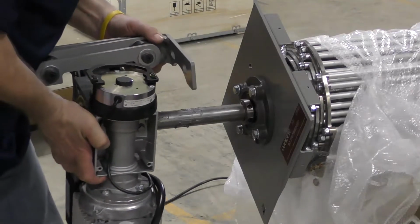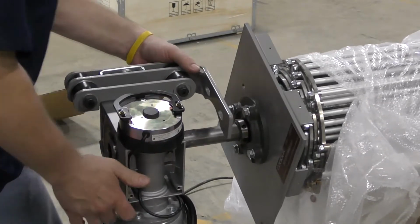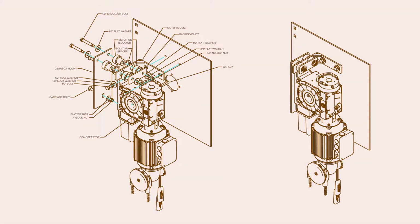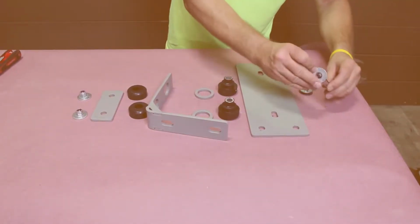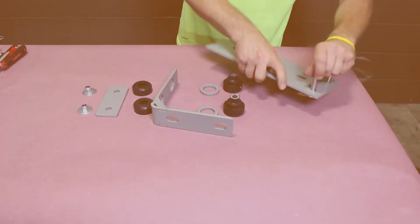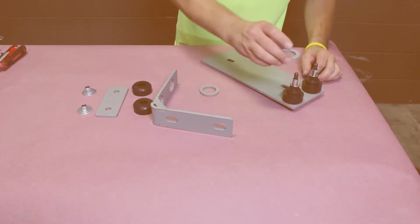The following footage is from our 300 series door installation, which features a right-hand operation, but the process is the same. For this video, we will be using a vertical mount. First, assemble the mounting plate. Take the gearbox mount and put 2 1/2-inch shoulder bolts and 1/2-inch washers through it. Then, take 2 vibration isolators and push onto the bolts,